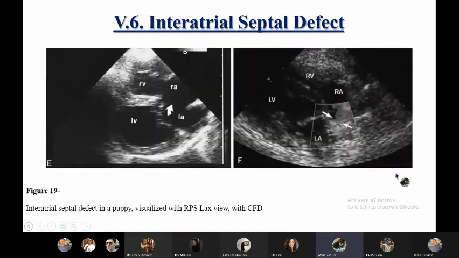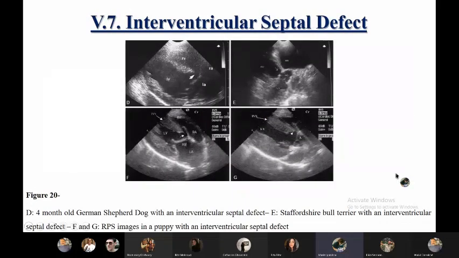Similarly, interventricular septal defect is also diagnosed using echocardiography. These are 3 puppies, D, E, and F and G together, that were all presented for vaccination, where a murmur was auscultated and a pronounced precordial throb was palpated. In the German Shepherd in D,